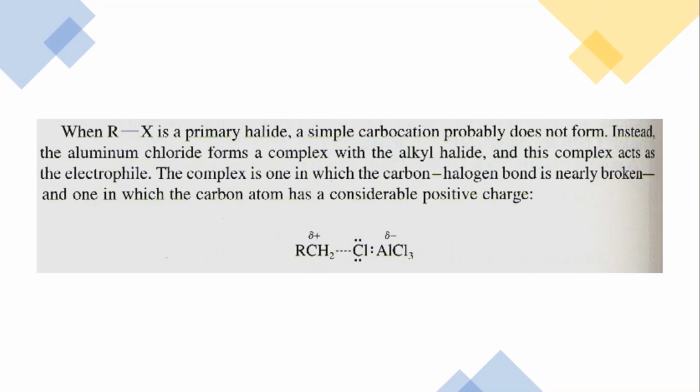There will be a formation of what? Complex. What is that complex? That complex is, you can show that with the dotted line, where R is the alkyl group, CH2 is that carbon where the carbocation has to be produced, and that carbocation is attached with the aluminium with the chlorine. So you can see that the overall transition state would show RCH2 dotted line, dotted Cl, dotted